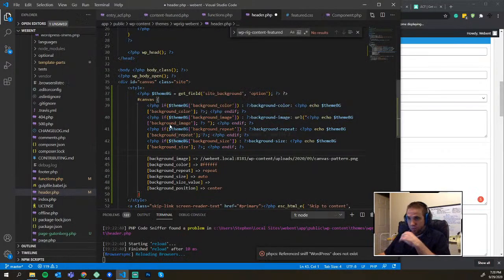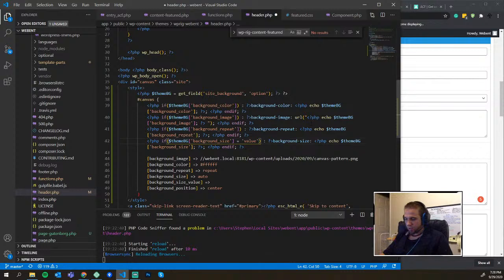So if background size equals value, or actually I should say not equal value, but no. If it equals value, then background size echo value, else if